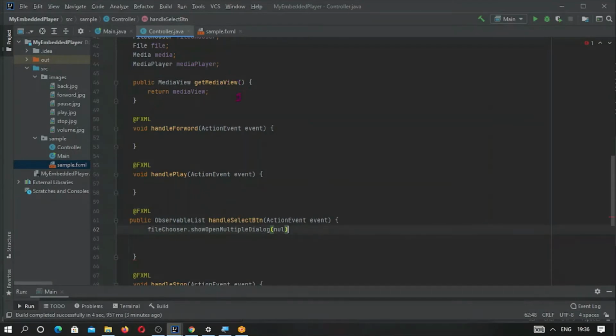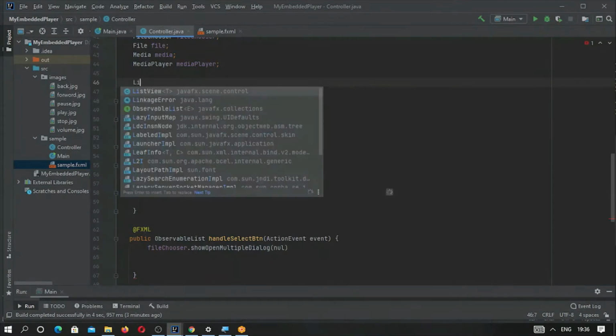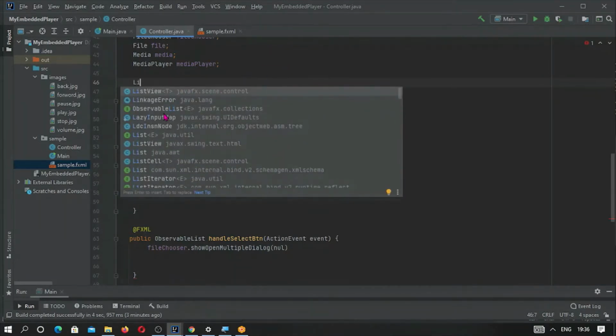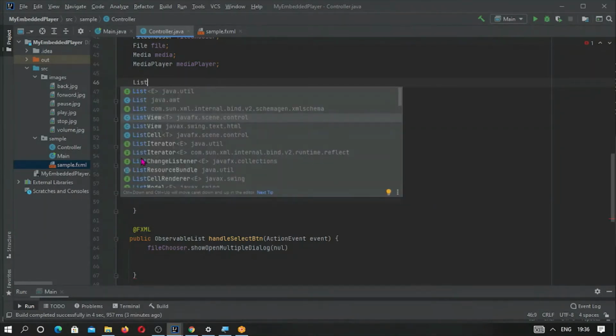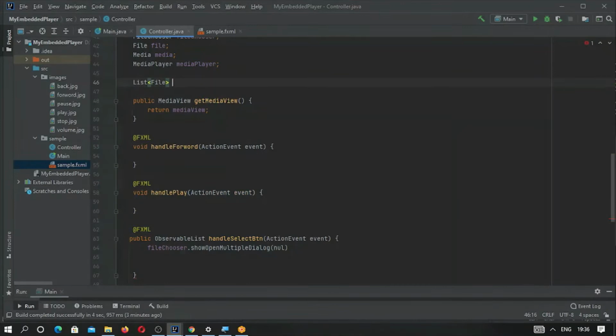So we have to define a list, from the java.util package. Which type of list? List of File. This list will be given the name myList.